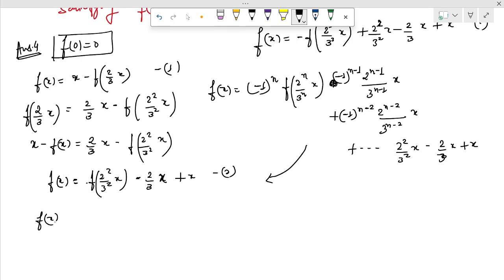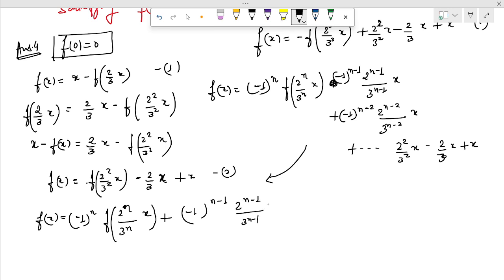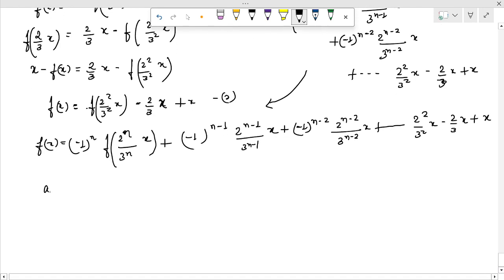So f(x) is equal to (-1)^n f(2^n/3^n x) + (-1)^(n-1) 2^(n-1)/3^(n-1) x + (-1)^(n-2) 2^(n-2)/3^(n-2) x ... + 2²/3² x - 2/3 x + x. Okay, now as n tends to infinity,